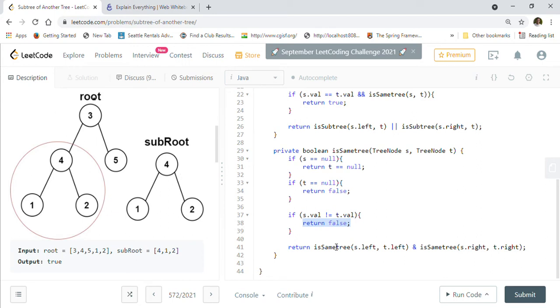Both should match with each other. So we will just pass s dot left here, and t dot left. So s dot left is this one 1, and t dot left is this one 1, and we will say that is same tree. S dot right and t dot right means 2 and 2 again, right? So we will have to pass both of them.